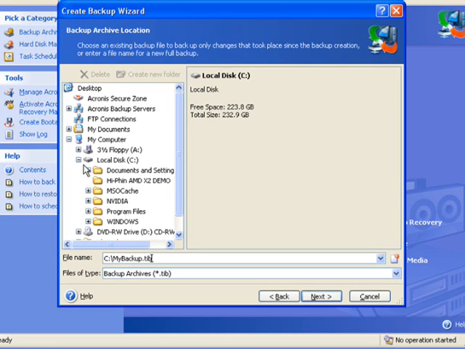And now we select where we want our backup to be. So I usually put the backup on the local disk at first, and then from the local disk, once it's on the local disk, you open up Nero, and we're going to show you how to do that also. You're going to put it on the local disk,